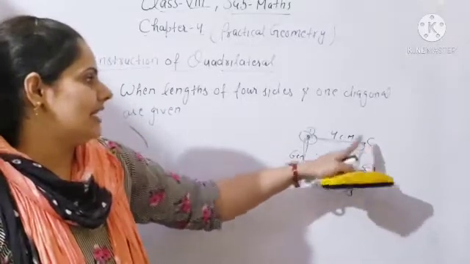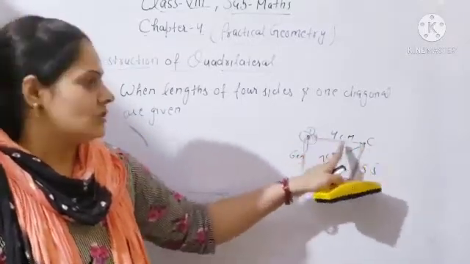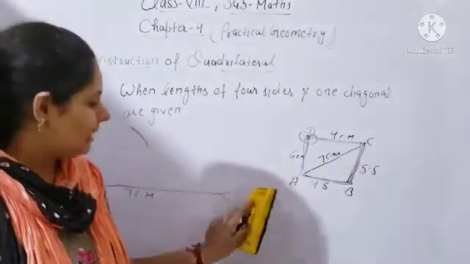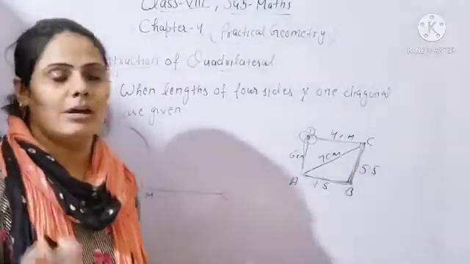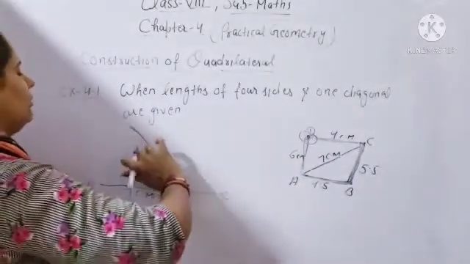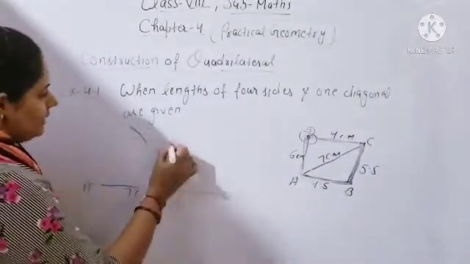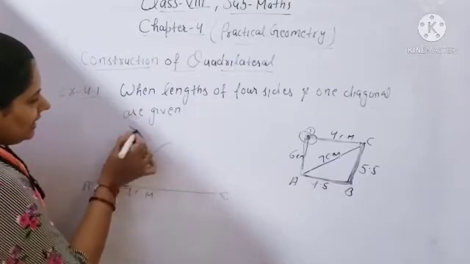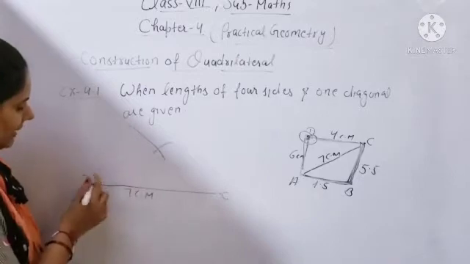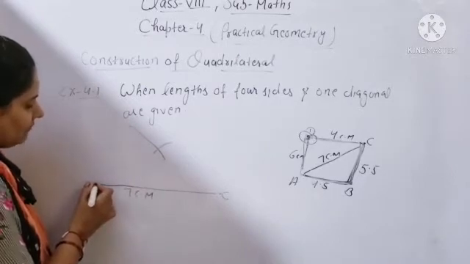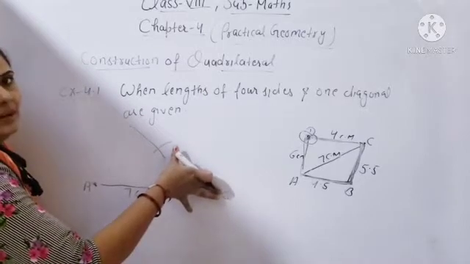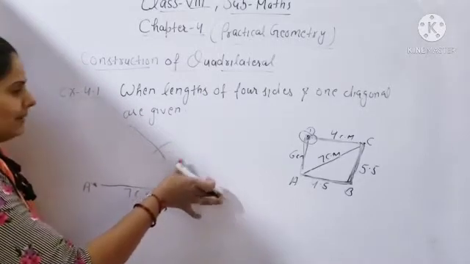Same like that at point C, D. You will draw the line CD. So CD, how many centimeter is it given? 4 centimeter. So at the same time you will take a ruler and with the help of the compass open it 4 centimeter. Put it at point C and draw the arc of 4 centimeter like that. It will cut like that. So at point A it will be 6 centimeter, and from point C you will open the compass and draw the arc of 4 centimeter.